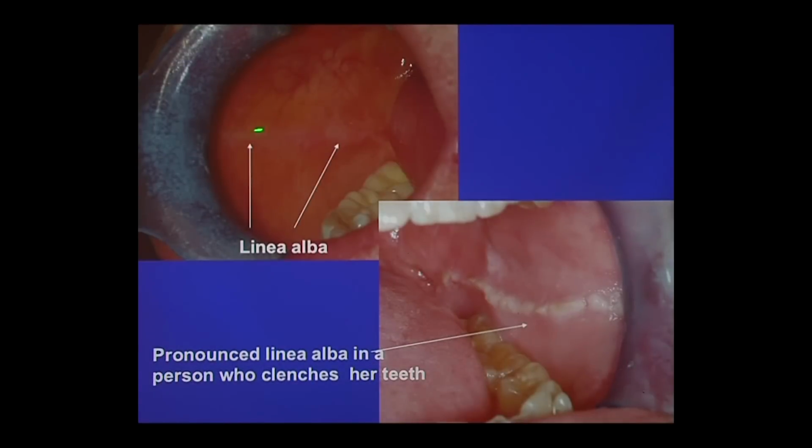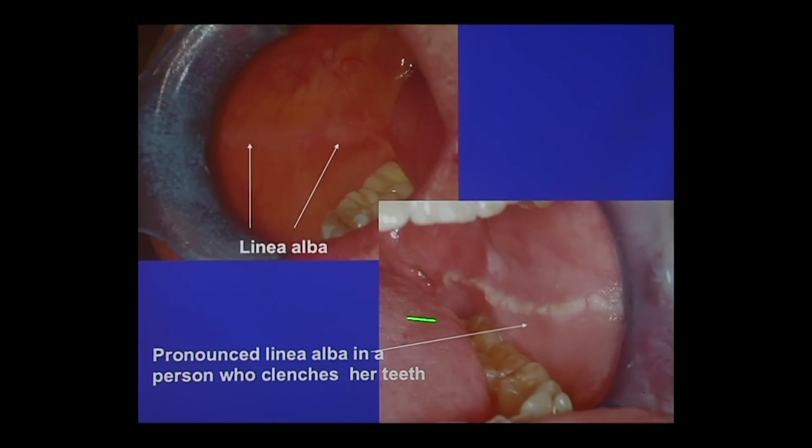Then you see this little discrete white line. So we all have this little white line inside our cheek. And then sometimes also in somebody who is clenching their teeth, it can become quite pronounced. So again, the cheek gets sucked in on the occlusal line, and it causes essentially this little white line. Now, why is it white? Because the tissue has a way of kind of shielding itself. So if the tissue is constantly getting sucked in